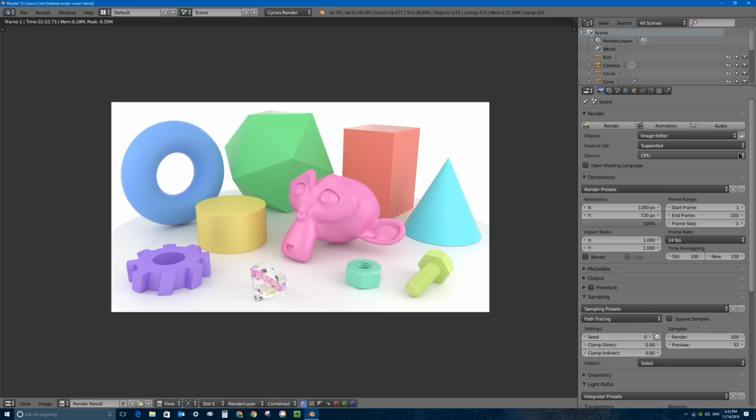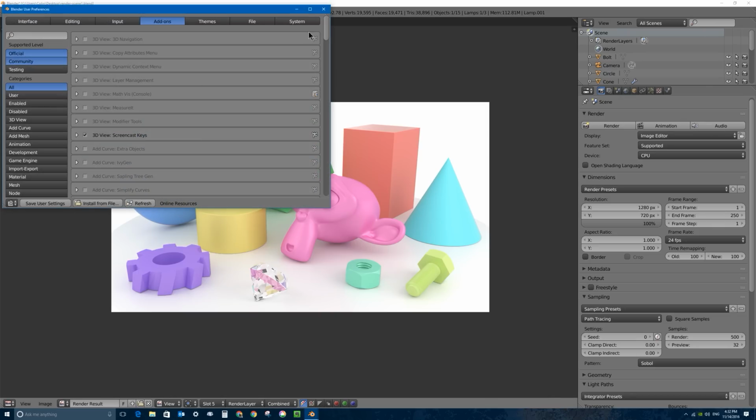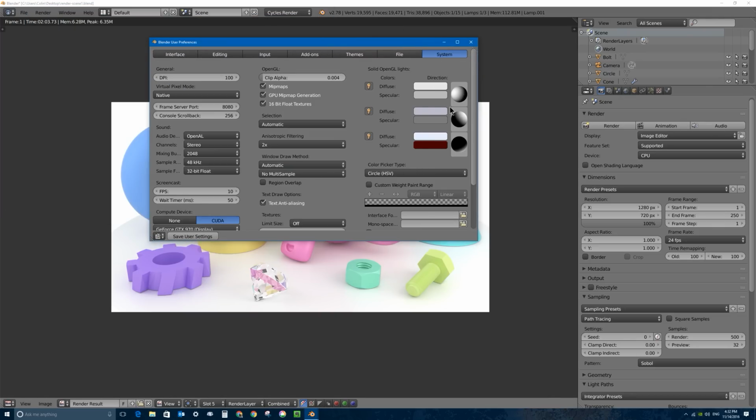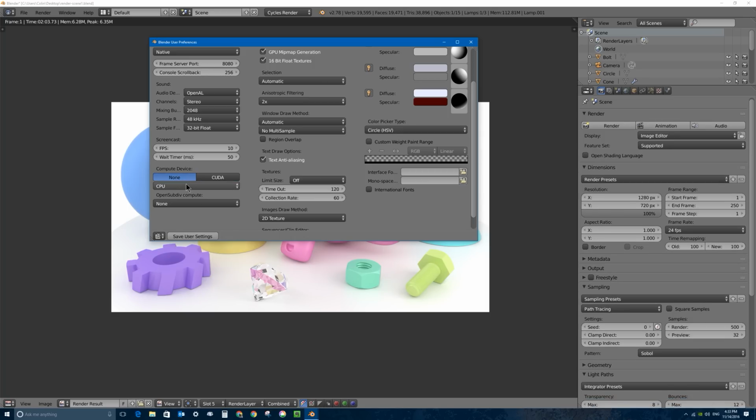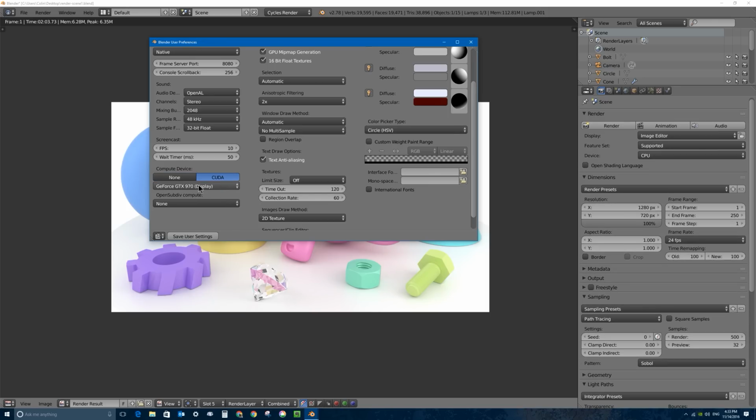In order to use CUDA rendering, in order to use your NVIDIA-based graphics card to render, you might need to go, when you first get Blender, into the user preferences, and then under system, you might have to select on the bottom left your compute device, which by default might be set to none. In that case, it just uses your CPU, your computer's processor. If you switch over to CUDA, you might have to select your graphics card. Here I'm using a GeForce GTX 970, and if you have 2 graphics cards or even 3, I think you can use all 3 in Blender. That's great. If I click on Save User Settings now, and I close User Preferences, it's all ready to go,